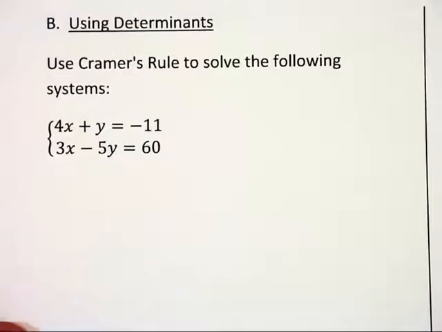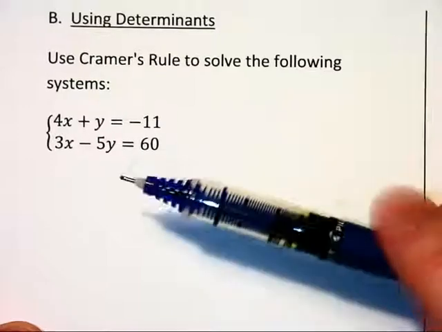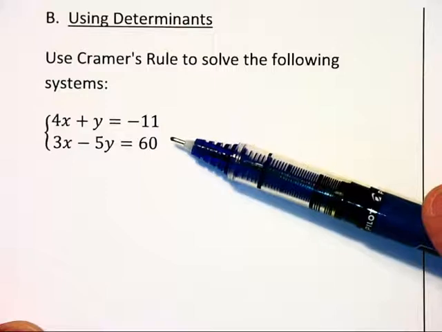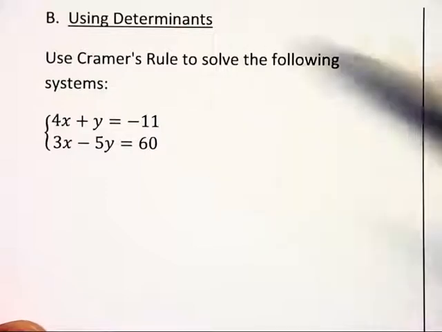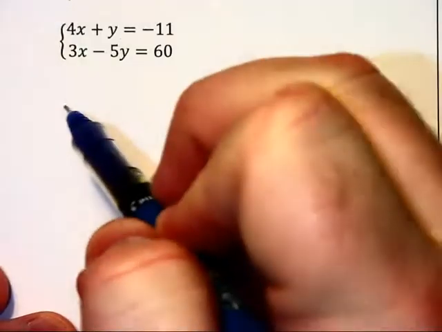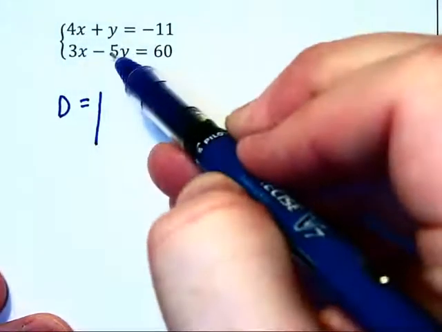Now let's use determinants to solve this system. We do know that we could solve this system by graphing, by the substitution or the elimination method. This is just an alternate way of solving it. What I'm going to do is begin by creating a determinant D, which consists of the coefficients to the left